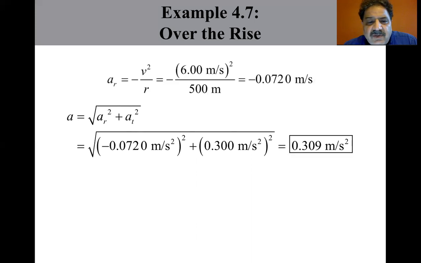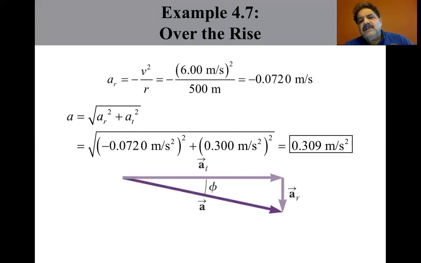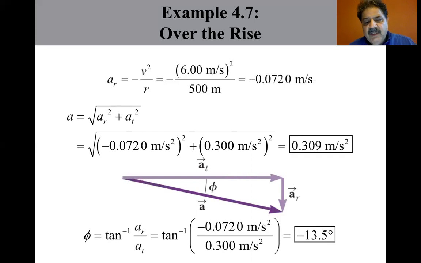Now, to get the angle, let's draw a little sketch. You see the phi. You get the tangential component going this way, and the radial component going this way. To get the angle, phi equals the tangent inverse of the radial acceleration, which is minus 0.0720 meters per second squared, divided by the tangential, which is 0.3 meters per second squared. If you work that out, you get minus 13.5 degrees, and you can see that it's pointed below the